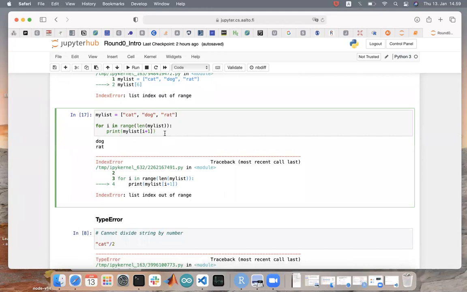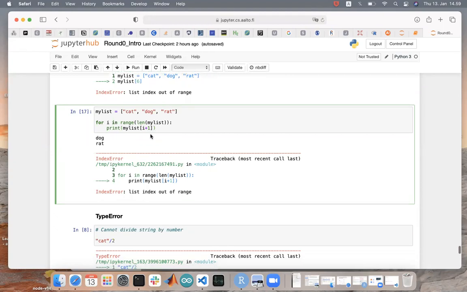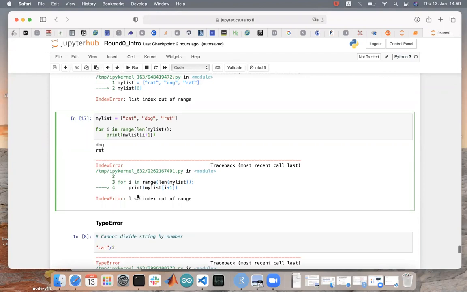This commonly also happens when you're trying to do indexing in the for loops and you messed up for some reason. Here, for example, the reason for the error is because I use this i+1 statement. So if you have the indexing error, just go back to your loop or the function and make sure that all the indexes are in the proper range.